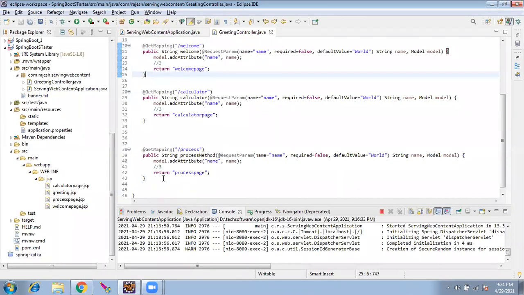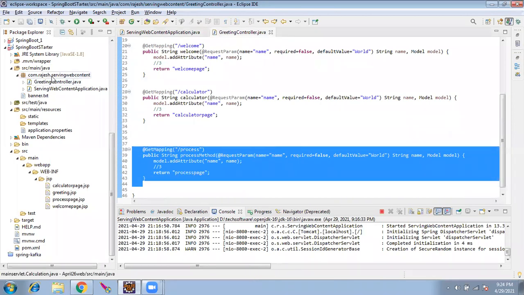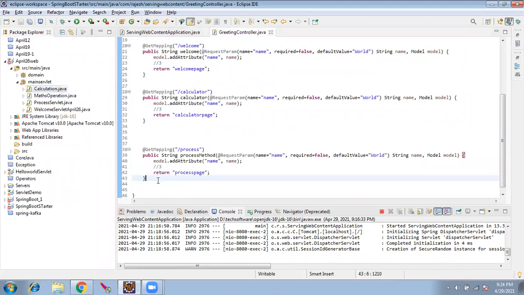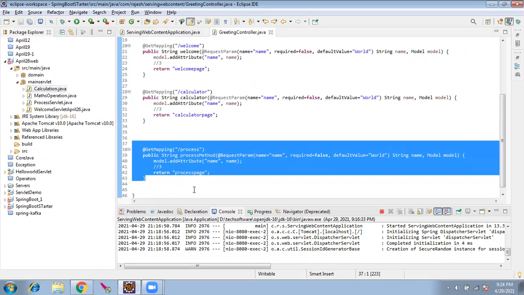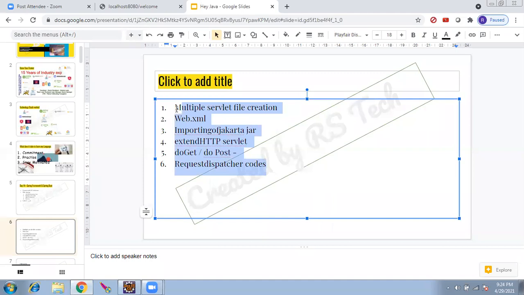And if I ask you to write one URL, another URL, we'll create one servlet, extend it, go to web.xml, and give an entry, and only then the servlet will be up and running. Here, just copy paste the method, change the URL, and the URL is ready. So this many lines of code have been eliminated by using the Spring framework. This is just one small example.